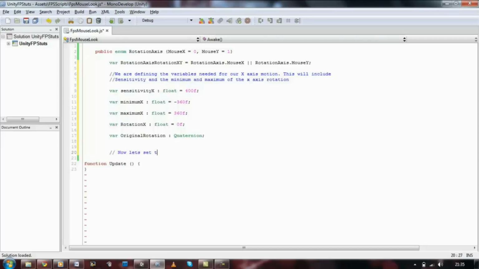variables for the x axis, I'm going to set some for the y. So I'm just going to add a little comment. I'm basically going to set all the variables for the y-axis as well, because first I'm going to be starting with the x and then showing you how to do the y-axis. Okay, before we move on,